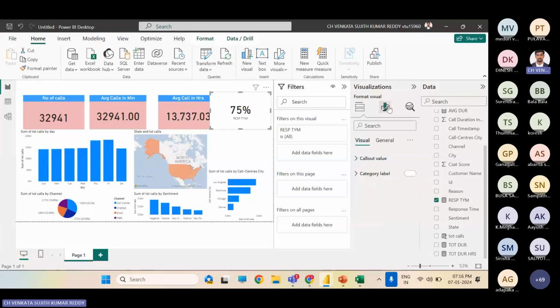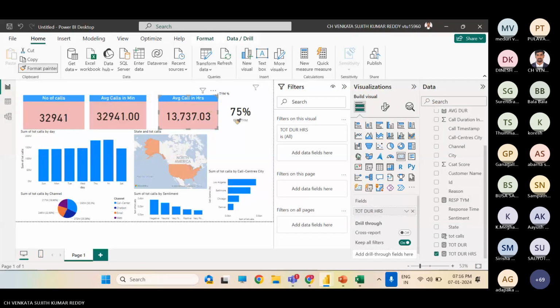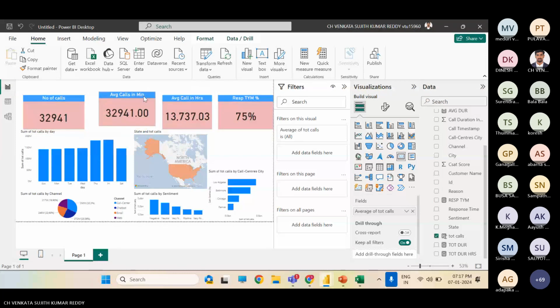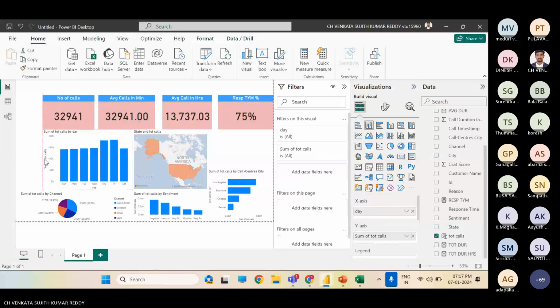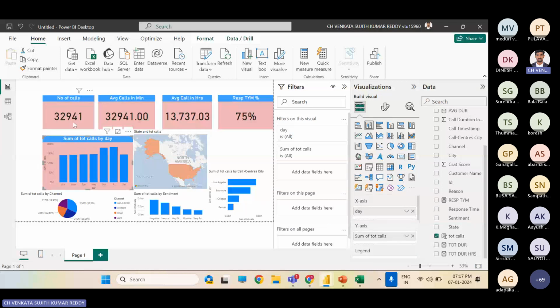And response time percentage. And this background, everything, like what are the common features between this card and this graph, it will copy automatically. And the remaining things only we need to change.